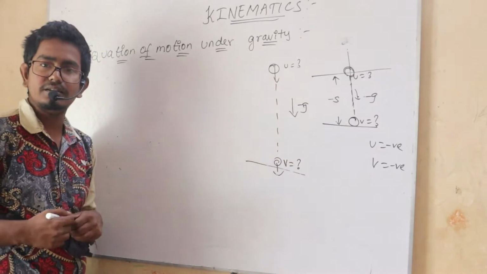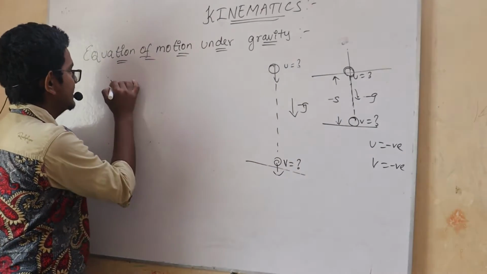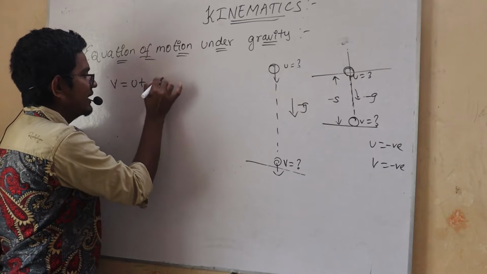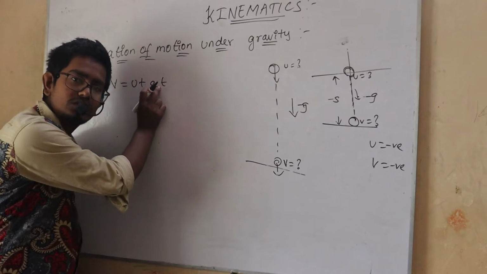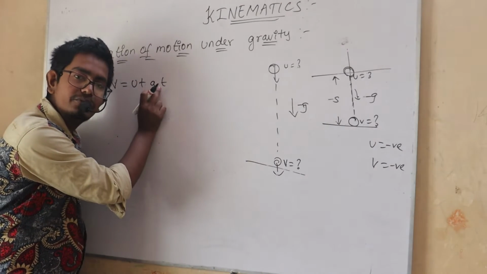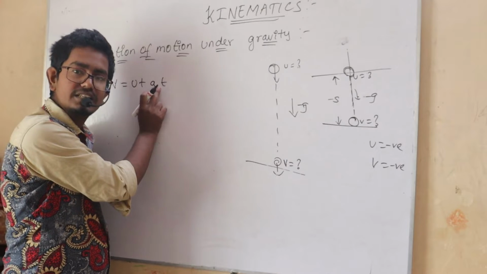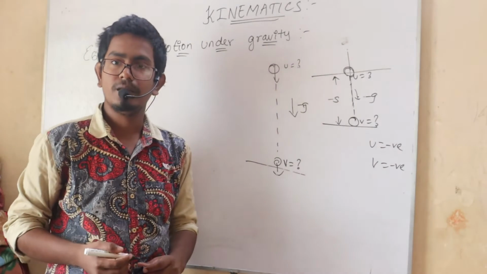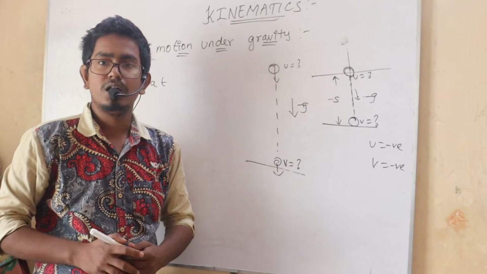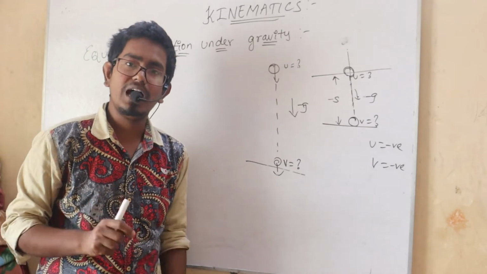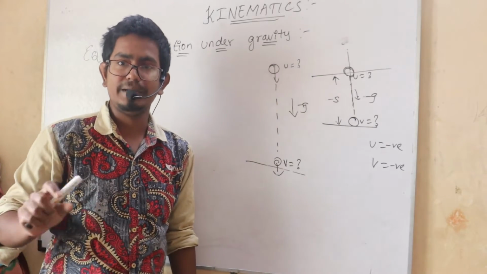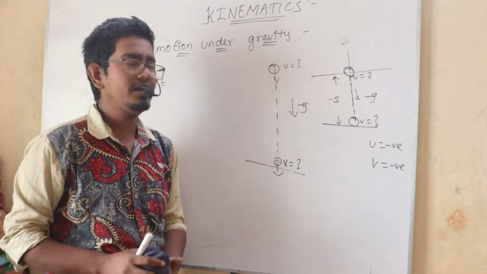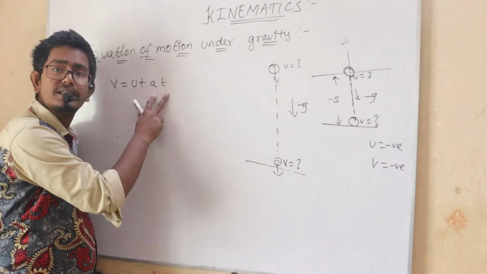My first equation is v is equal to u plus at, my first kinematic equation, in which my acceleration is constant. It is the velocity time relation we found in the previous lecture. If you don't know how we derived the kinematic equations, you can type Ansh Online Education Kinematics, and you will get that video. So v is equal to u plus at.